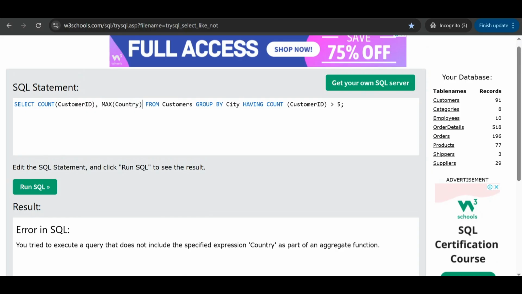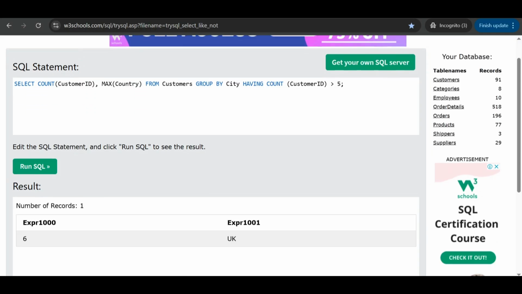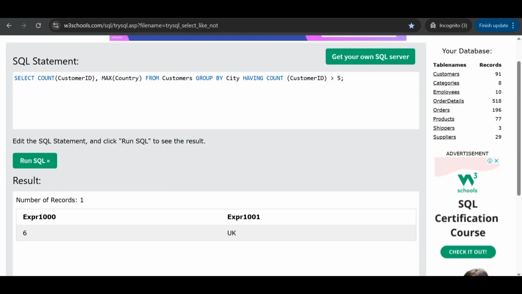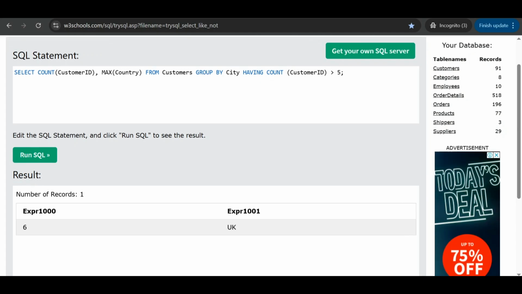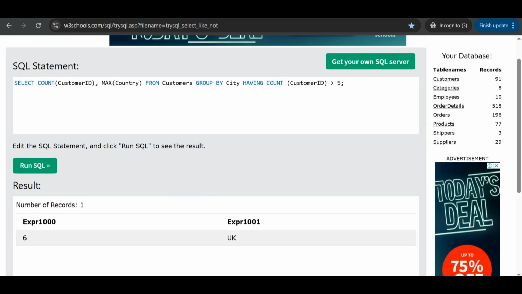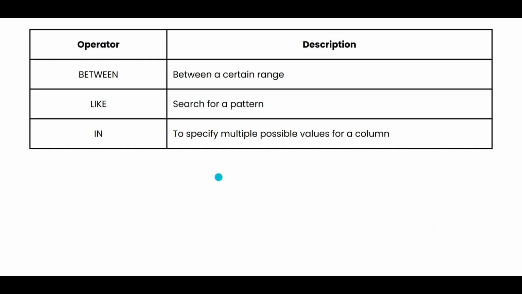I will use the MAX function, and this is the result. Only the UK country has more than 5 customers. You can use these operators for HAVING.